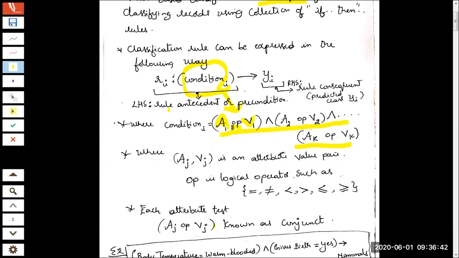I know you have not understood this. Once again, I'll go back to my example that I just now gave. If you should be allowed inside MIT, and if you are eligible to sit inside a classroom, what are the attributes you should have? First thing, I just now told you, you should be wearing an ID card. So what is the first attribute in my example? What is A1? A1 is ID. What value should be there inside the ID? You should be wearing it. Wearing means V is equal to yes. So what is the operator here? Equal to, that's it.